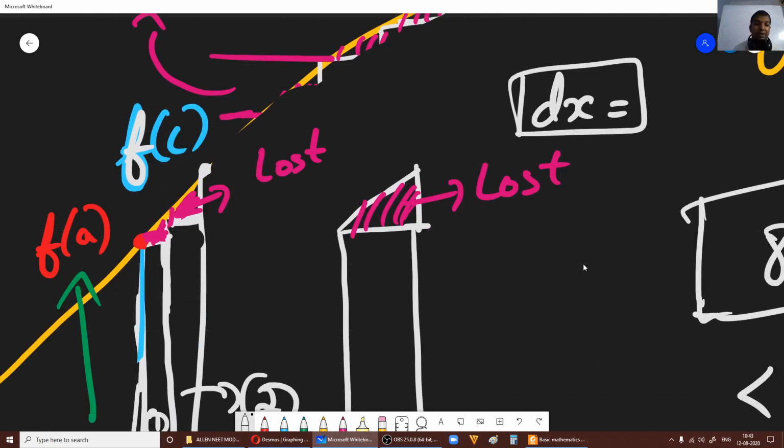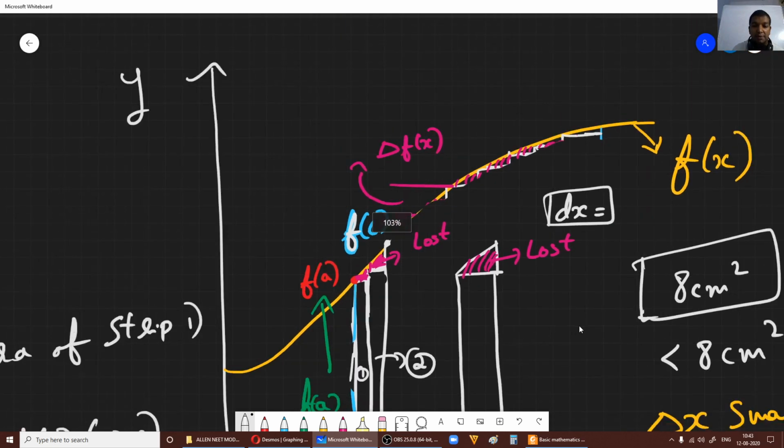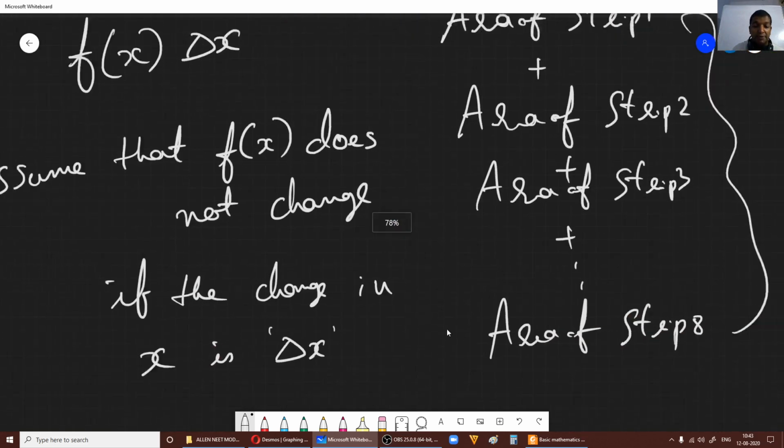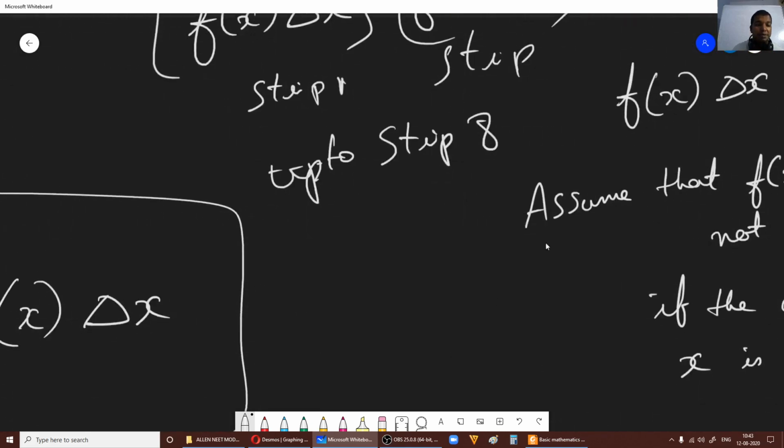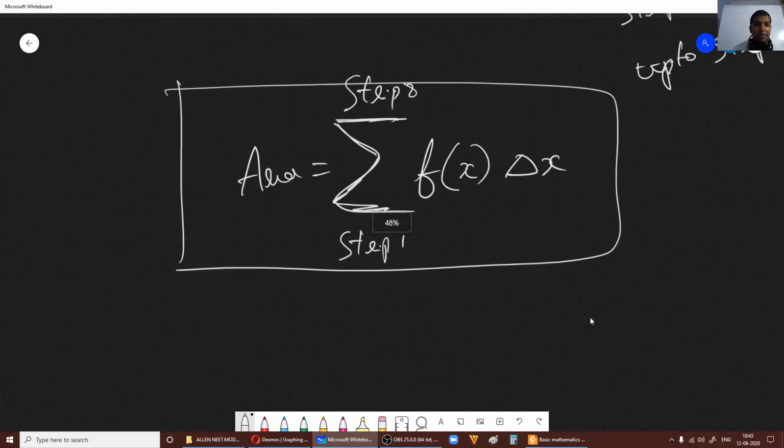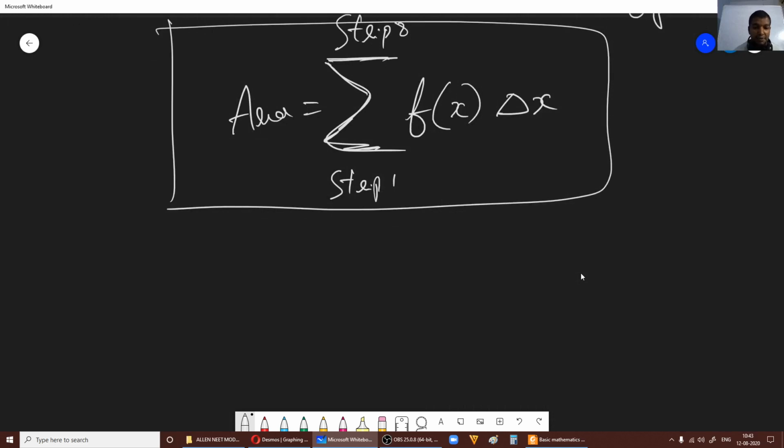Then you will see that you will cover the complete area. I'll just post an animation so that you will understand. Okay, so I hope you got this idea. Now the same summation whatever we did, see here I had considered 8 strips. So you can write in your notes whatever you have understood. Please make running notes.